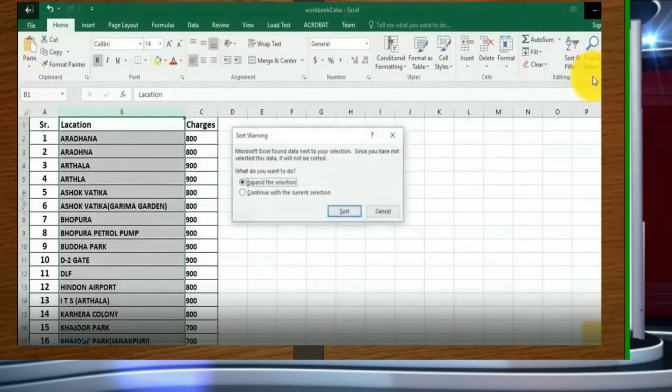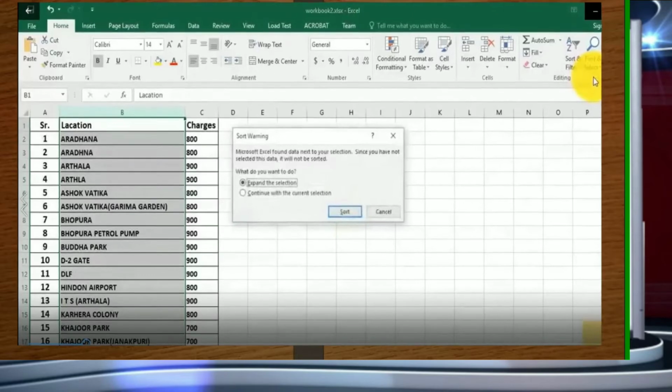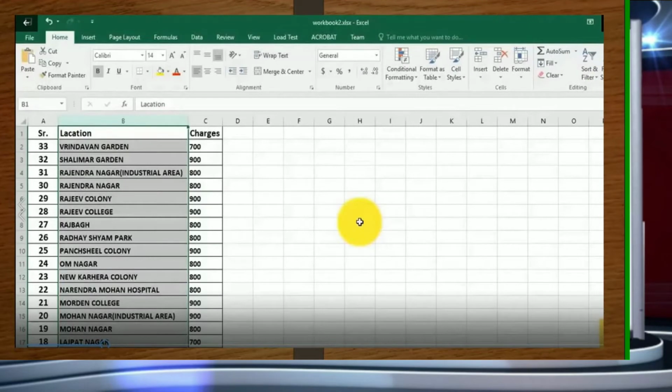So we will go to again the editing group. We will go to the sorting. Now this time we are going to sort it in the reverse order, that is Z to A. So once you click on Z to A, this dialog box will appear. So you will go to sort option, you click and you find the sheet on the screen. This is in reverse order. So clearly you can see we have V, we have S, we have R, and so on. Now you can see clearly we have got the data of this location, this range in reverse order.